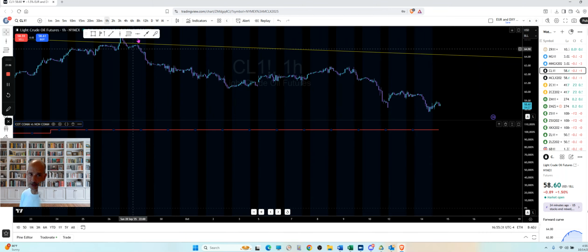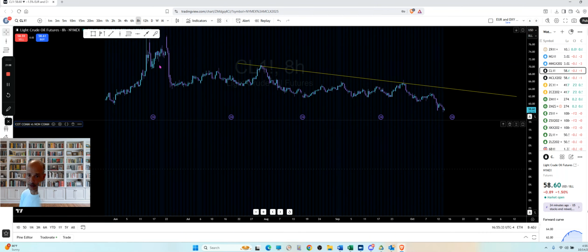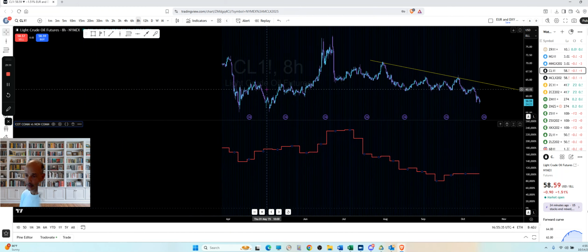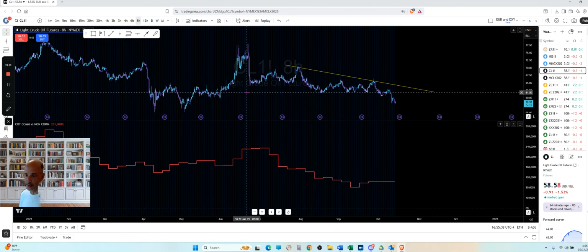And so what you do with this, go out to a higher time frame here, and let me zoom out a little bit. You can see this is just the net positions of the commercial trader. So this is just the COT, and you can see this long straight line here recently. This is because we've had no update in 2 weeks. That's why we see the current level as a flat line. But if we go back here, you can see, and I'm on an 8-hour chart,